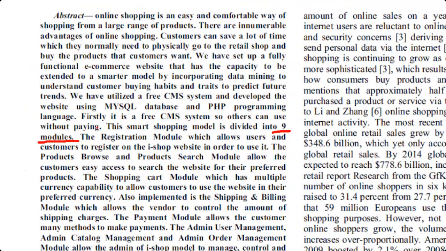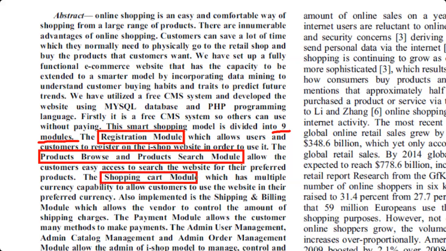They have one registration module, which allows users and customers to register. Next, products browse and products search module. It allows for searching for products, filtering the products. A shopping cart module.